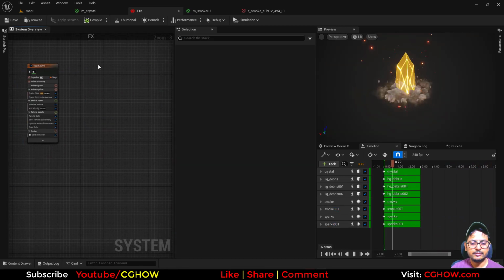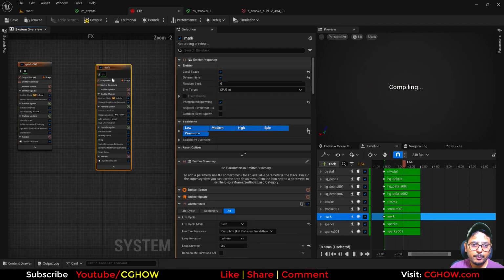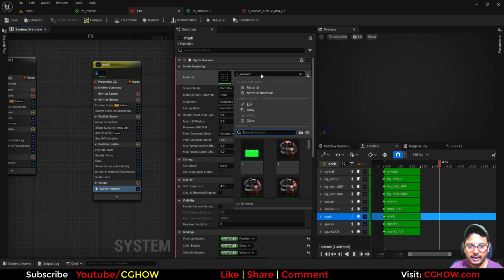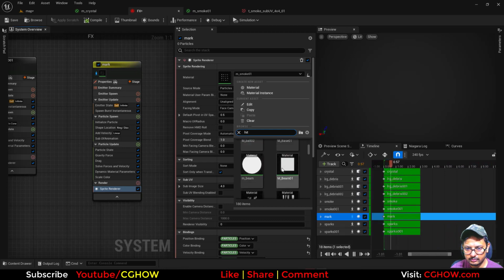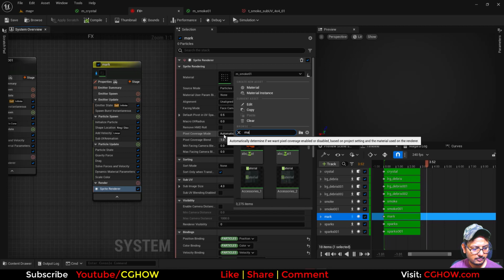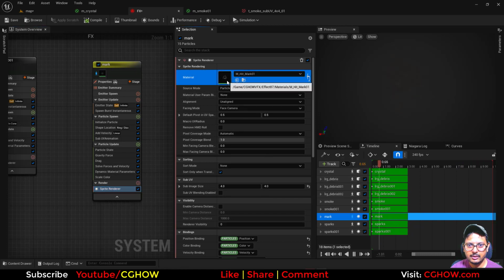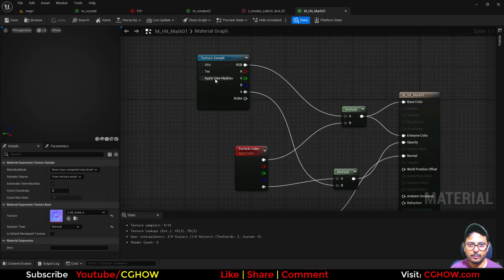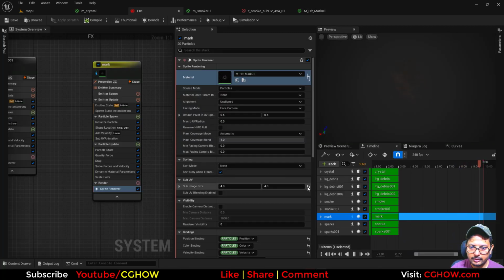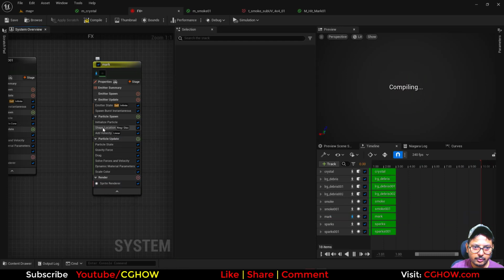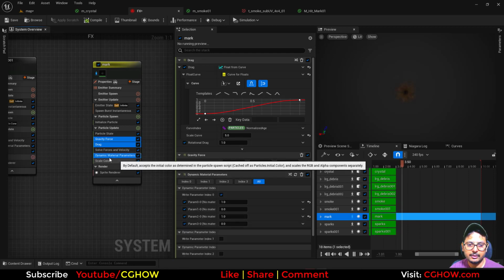And there can be a hit mark on the ground. So I copied the smoke, and in here I have already a hit mark material. This one. Very simple material, just a texture with normal. This texture. Very simple. So I don't need this 4x4 or this animation, no velocity, no shape, no drag, no gravity, and no dynamic parameter. It will fade,